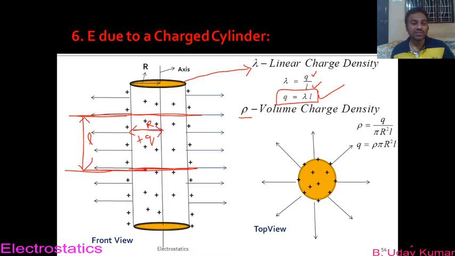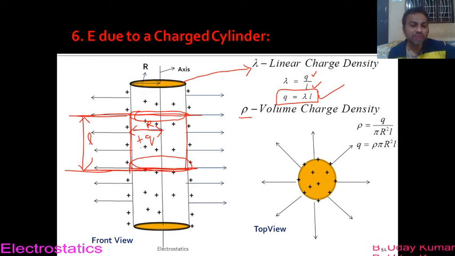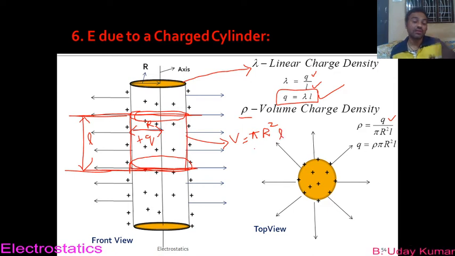So anyway, this is a cylinder of height L and of radius capital R. This is a cylinder that I am choosing within this element. Now the total charge present within this cylinder I have taken as Q, and the volume of this cylinder becomes pi capital R square, and its height, which is taken as L. So the volume of this cylinder is going to be pi capital R square L. That you have to understand.